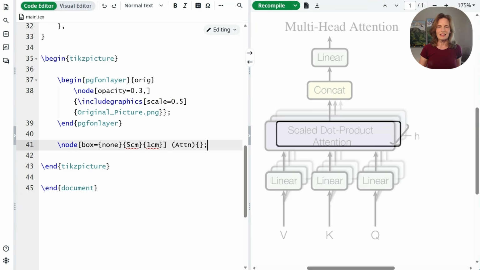When I compile this, I see two issues. First, the background image is centered at 0, 0, but this doesn't center that attention node at 0, 0, which is what I want. Second, the box that I'm drawing is a little bit too small. I want the center of the attention block in the original image to land at 0, 0, where my placeholder